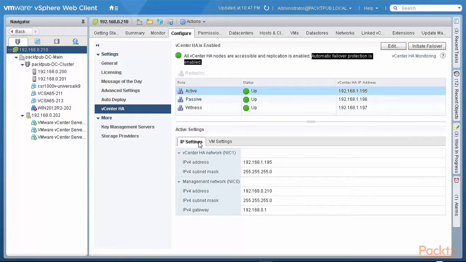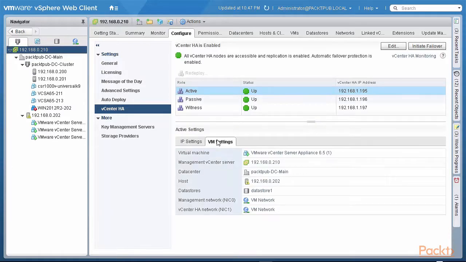So when you look at the IP settings, for the vCenter HA network, it's 192.168.1.195, and the management network, which is the address that I'm looking at right now for the web client, that's where it is listening, is 192.168.0.210. The virtual machine settings. So this is the name of the VMware vCenter server appliance. It's a version 6.5. It's in this data center. It's running on this host. Nothing much to see except that